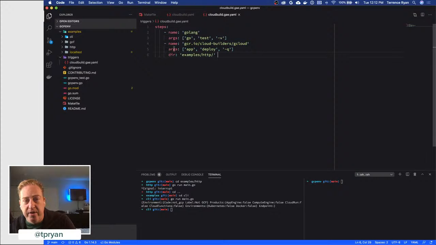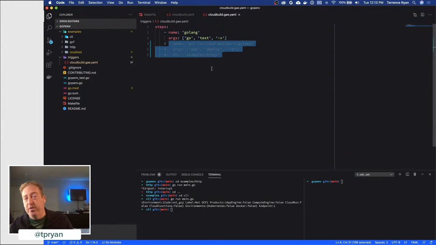The way you set up these Cloud Build files is you have a name. The name is a container name, a Docker image name. There happens to be one named golang, which is the official Go language one. I'm going to add a go test verbose step here, and then I'm also going to say, after that runs, actually, you know what? Why don't we just